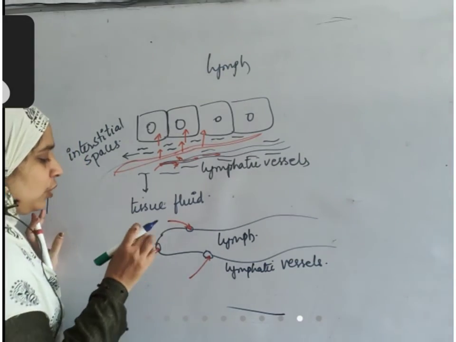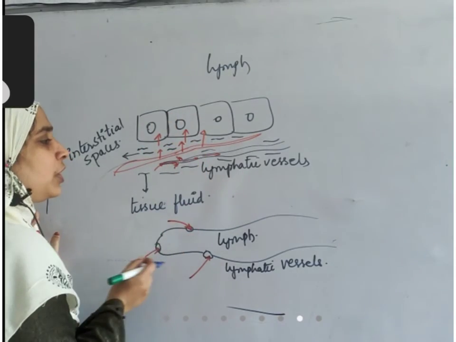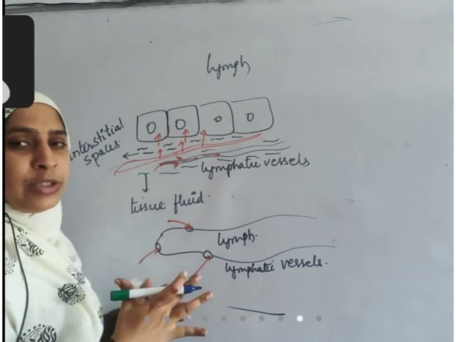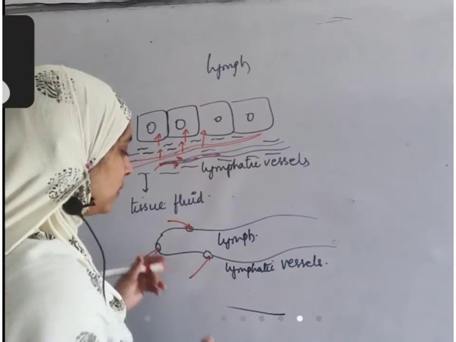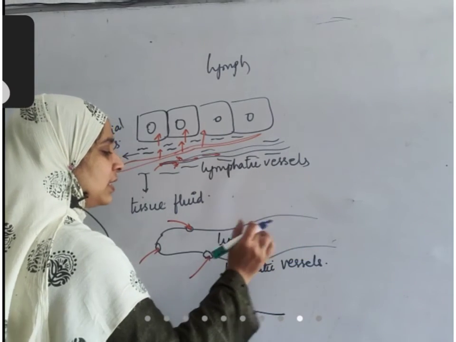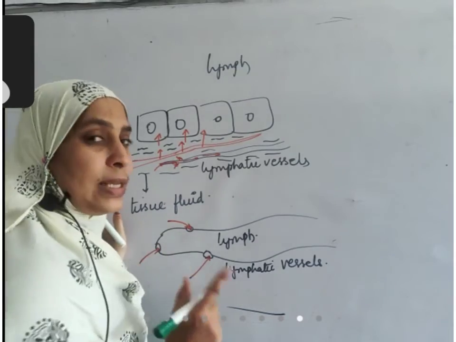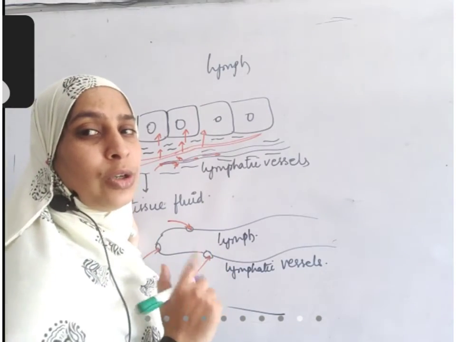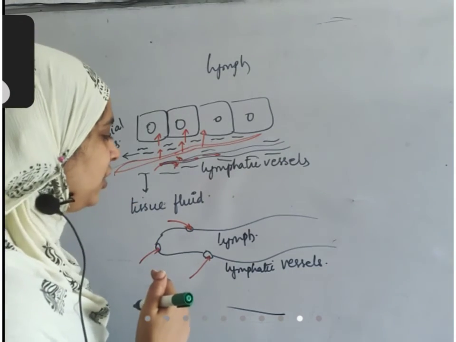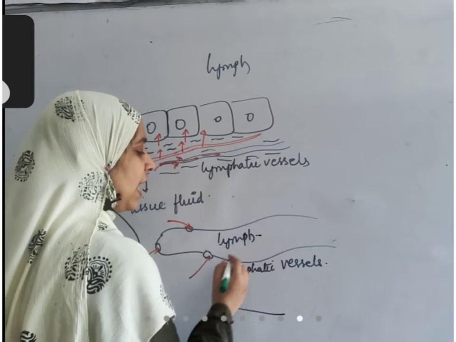This liquid is very important for the absorption of nutrients. But if it remains inside the tissues for a long time, our body parts will get swollen up. This lymph enters into lymphatic vessels, and once it enters, it is again collected and drains into our bloodstream. Before that, we'll discuss what lymph contains.